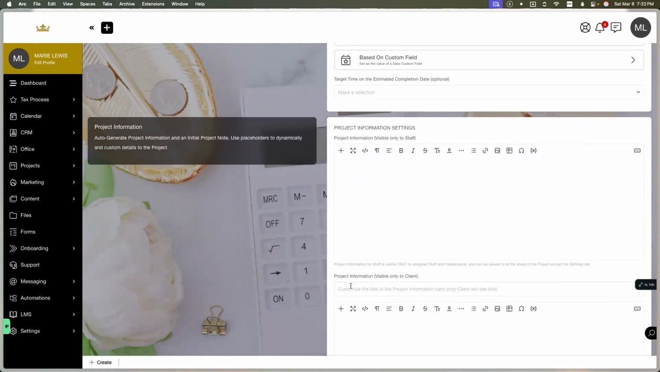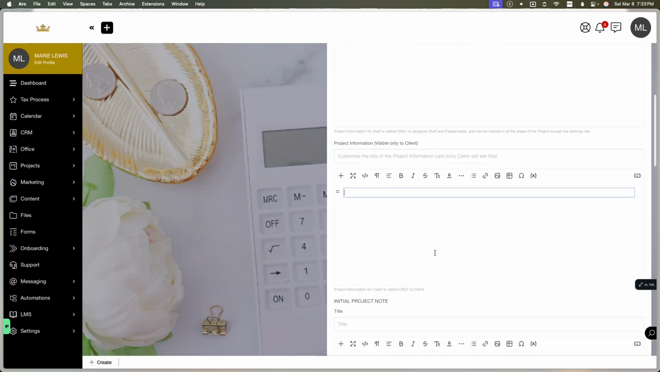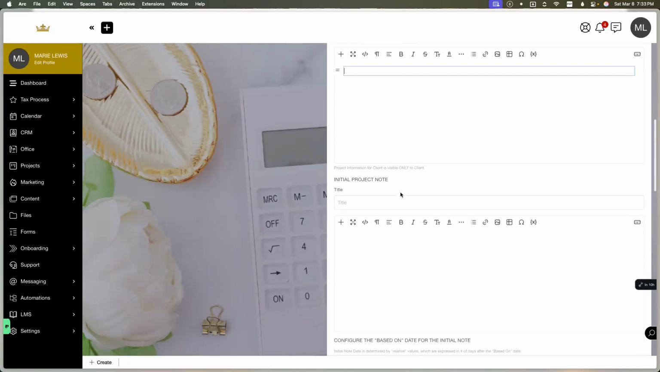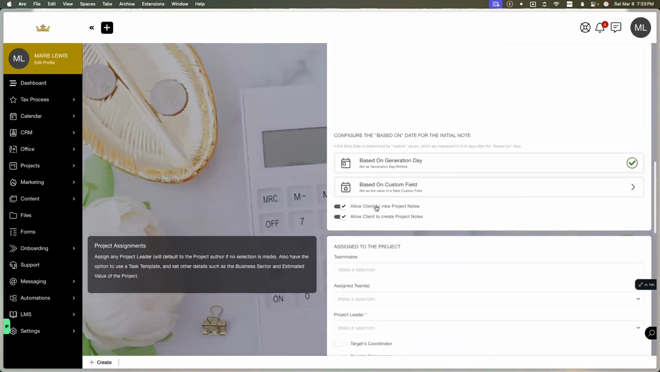And this is where I was telling you guys about the project information. So in that space where I showed you on the second screen for project information, if you add any information here, this is going to show up in that task list section versus the dashboard. I just don't know if I like the dashboard, y'all, but I will deal with it. And so you can have that here. You can also have an initial project note,